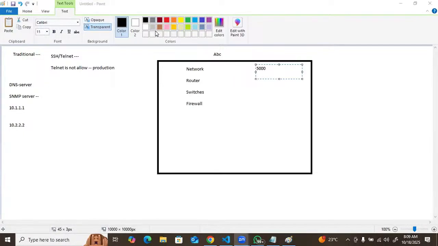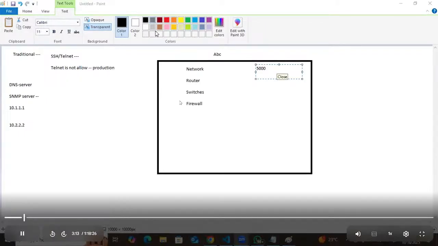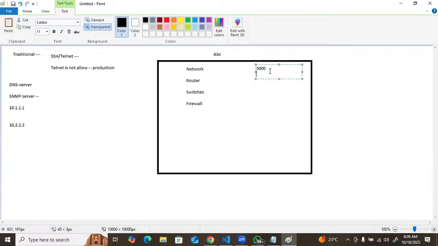It is going to take a lot of time if we do it manually. With 5,000 devices, you have to log in on each and every device one by one, and then change it from 10.1.1.1 to 10.2.2.2.